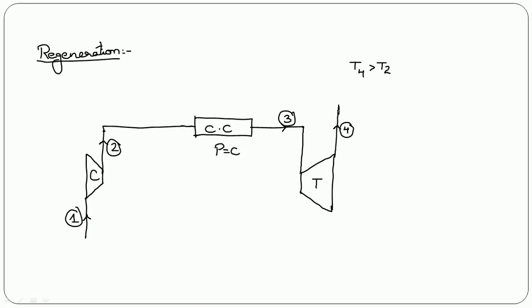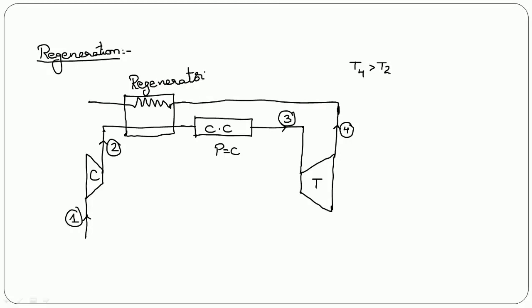So in order to utilize this temperature, we will be using a device called a regenerator. This regenerator is nothing but a heat exchanger. It is placed in between the compressor and the combustion chamber, and in this heat exchanger, what happens is, at constant pressure,